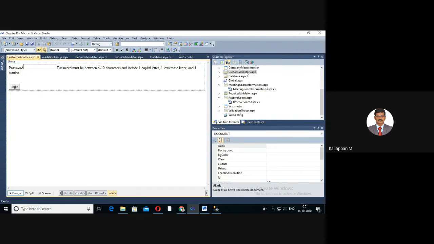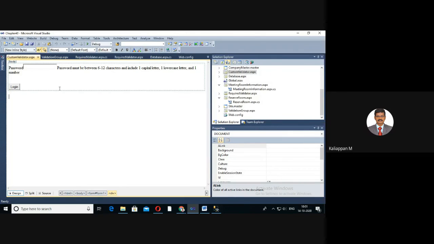Browsers can only understand client side JavaScript and VBScript. The server side validation method must be called from the control's server validate event handler. This server side validation method should be written in any .NET language, C# or VB.NET.